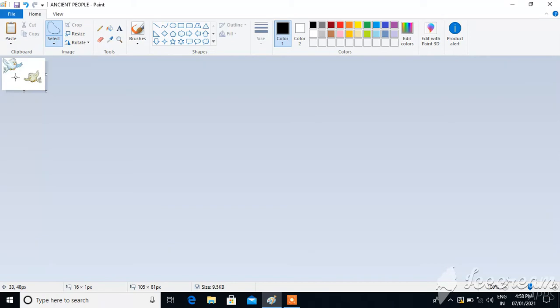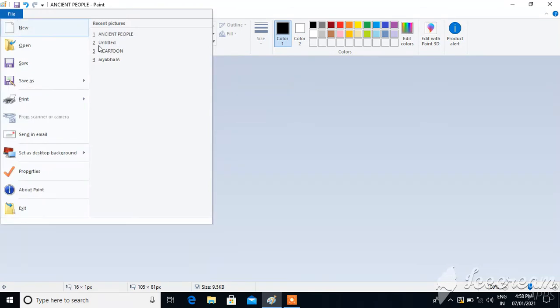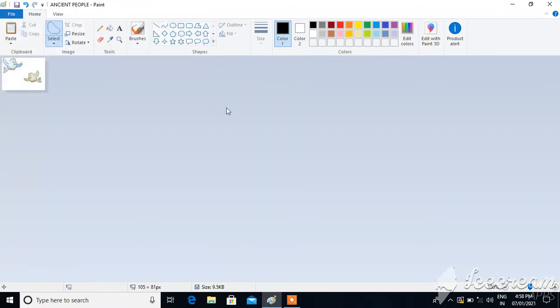Then we will see how to resize and skew a picture. Resize and skew means to make it big or to make it small. Okay, now this is a small picture. I will make it a little bit bigger. Okay, now I will resize this.